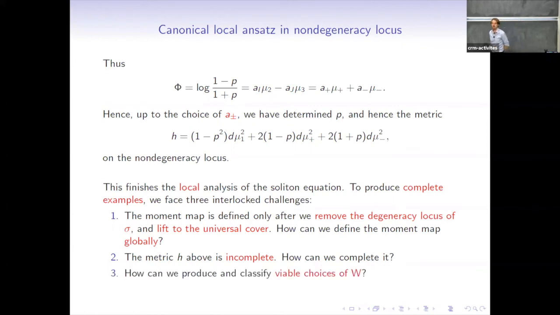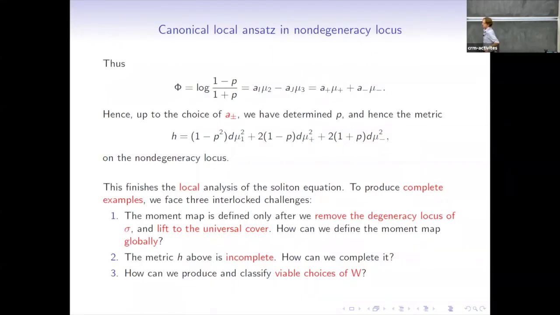And then, of course, we also have to produce and classify the choices of W. Again, this is a delicate part of the hyperkähler story. You have to prove, assuming that the hyperkähler metric is complete, that the image of the moment map is all of R3, so that W is a globally defined positive harmonic function on R3, and then you finally have a classification. It's the superposition of